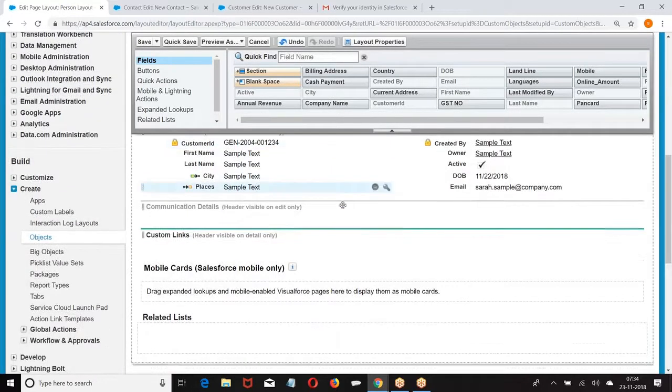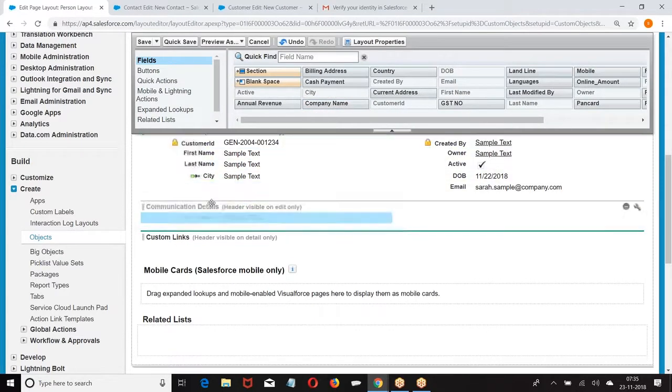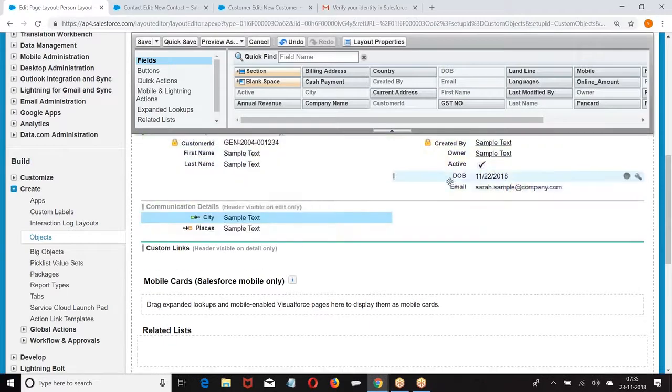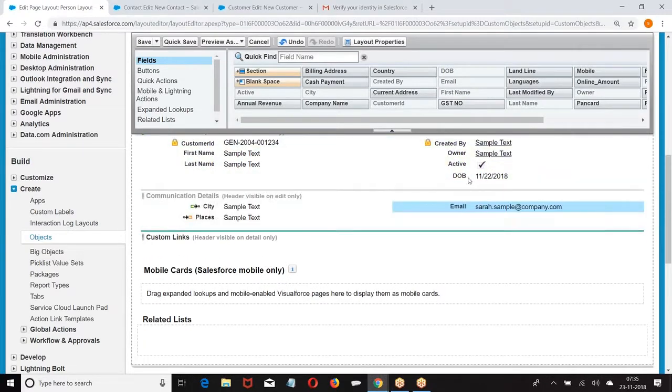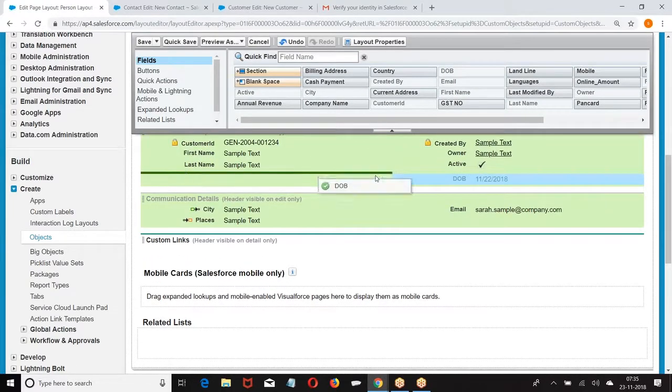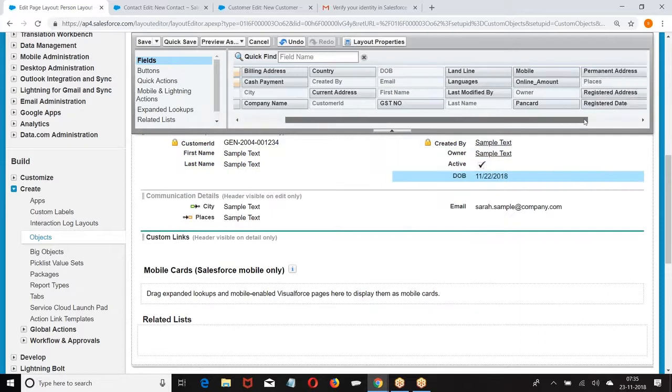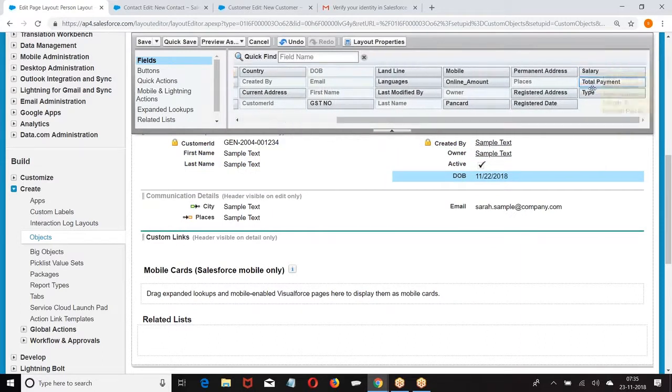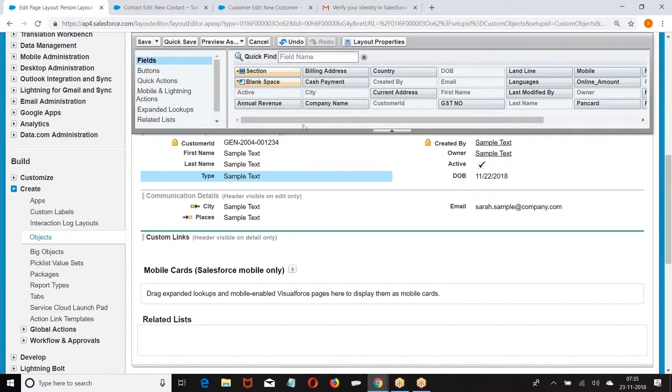Communication details on the edit page. Here, I want to organize city, place. I want to add salary here. Then I was giving, okay.